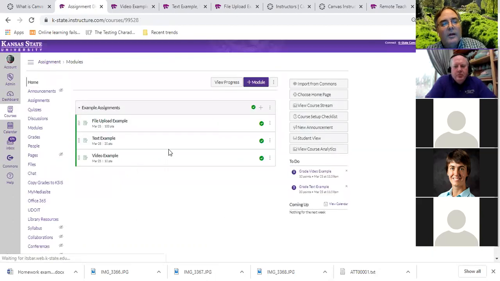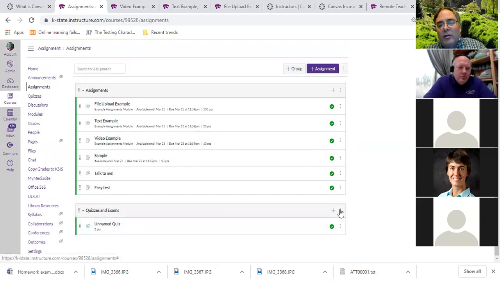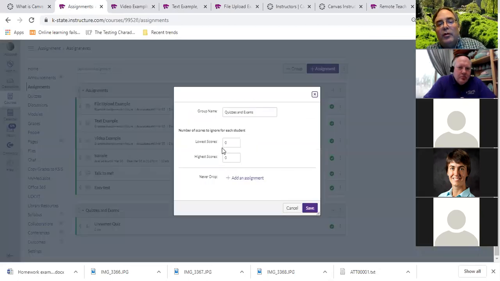Also, you can do other tricks other than just separating things into different quantities. You can edit them and set up rules. So for example, you have a lot of one type of assessment and you want them to be able to drop the lowest one. Now, since there's only one thing there, that doesn't work so well. But if you had them doing a bunch of journal writings, 4 or 5 of them, you want them to be able to drop the lowest value one,